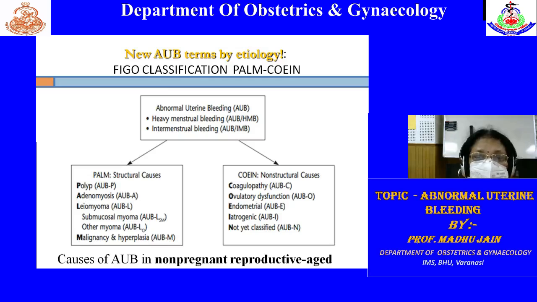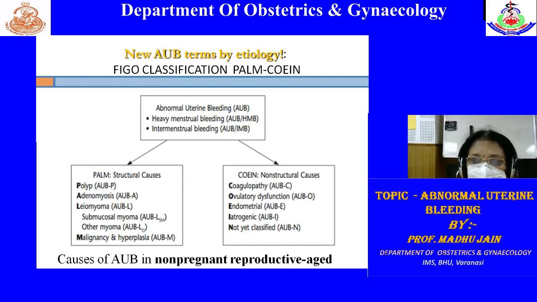So you see, this is the FIGO 2018 classification, in which it is classified as the PALM-COEIN category, abnormal uterine bleeding, under 2 headings: heavy or intermenstrual bleeding. Heavy means HMB, intermenstrual bleeding is known as IMB. There is no acute, chronic, or intermittent group in the classification. And again, it is subdivided into the PALM-COEIN classification, depending upon whether the patient is having a structural abnormality or a non-structural abnormality. The causes of the AUB in the